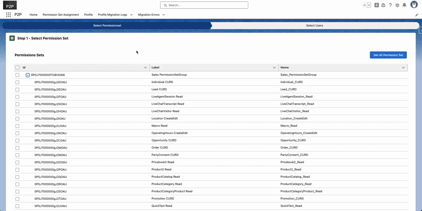So on one hand, this app does a really good job in splitting your profile into permission sets and grouping them together in a permission set group. But from my perspective, it's too detailed. There are so many permission sets now that it's hard for every admin